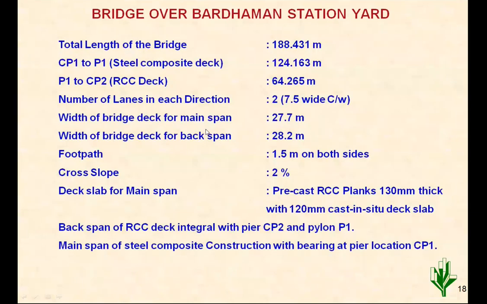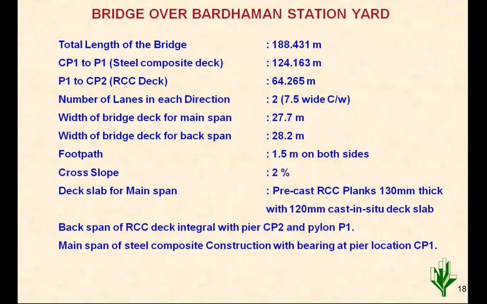The authority who planned this had visited Nagpur during construction of the first stage of this cable stayed bridge, and then they decided to take the pylon construction outside the railway line, because pylon construction takes longer time, and there is always risk in working near the railway line. So the span arrangement adopted here was more eccentric than Nagpur. In Nagpur it is 112 and 88 meter. Here, because of the site constraint, it has become 124 as against 64 on the other side.